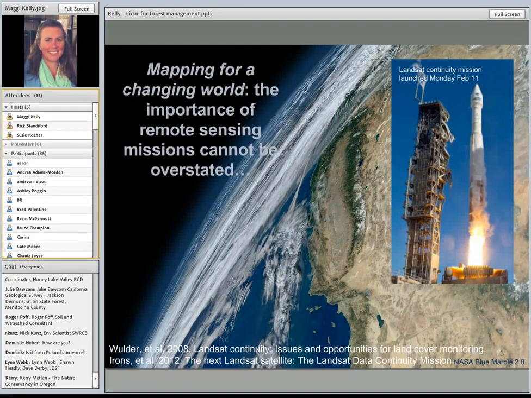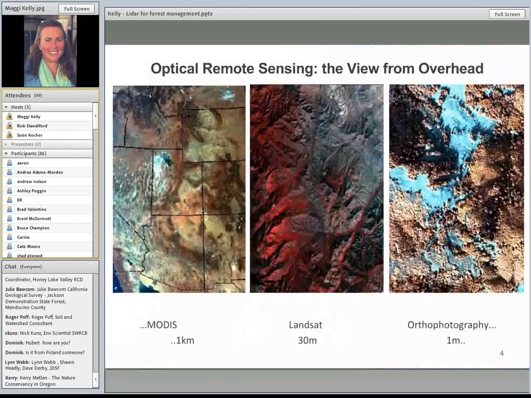So we have a great decades-long tradition of monitoring and mapping forests worldwide through our remote sensing program. We've been able to leverage a suite of satellites to understand forest changes, and this technology and longevity is really something to be commended. The latest in this series is the Landsat 8 satellite that was successfully launched February 11th, and the first images were actually made available by NASA this week. So we've done a lot with this